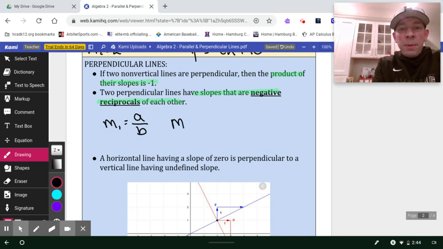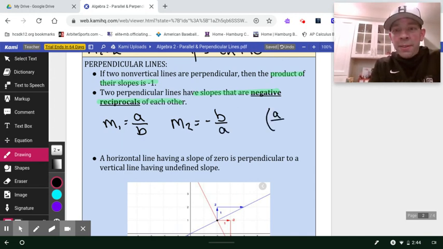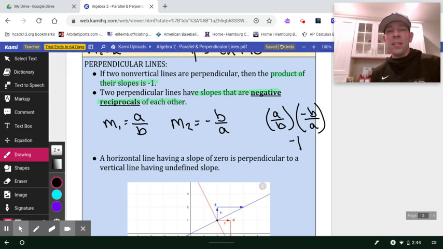Now, if they're going to be perpendicular, the slope of the second line has to be negative B over A. Now, you'll notice when I go to multiply those two slopes together, their product is -1 when you're all said and done. So that's just a neat thing about any number multiplied by its negative reciprocal, the product is guaranteed to be